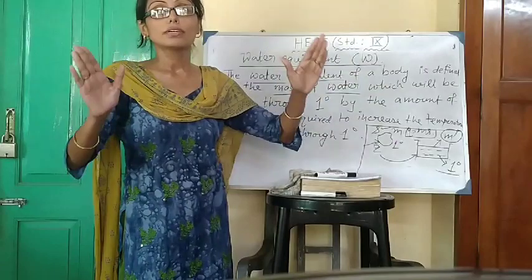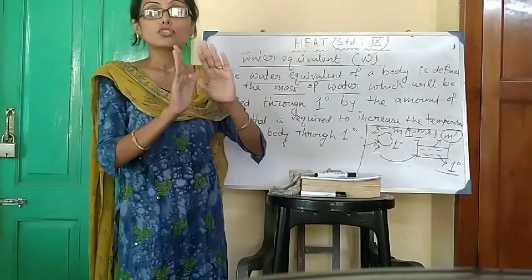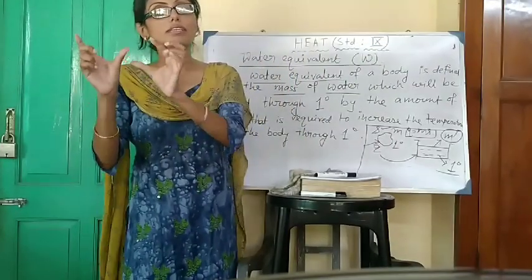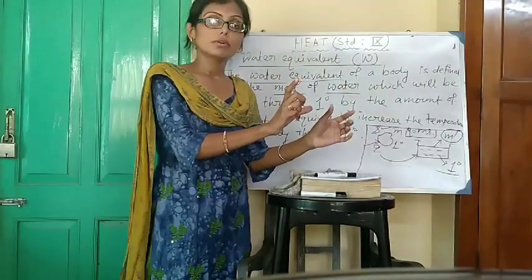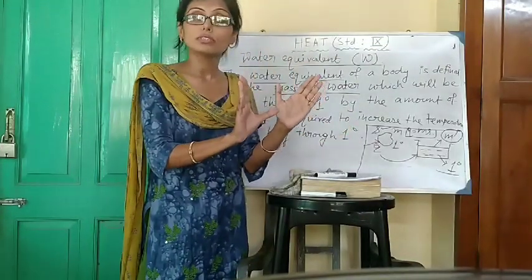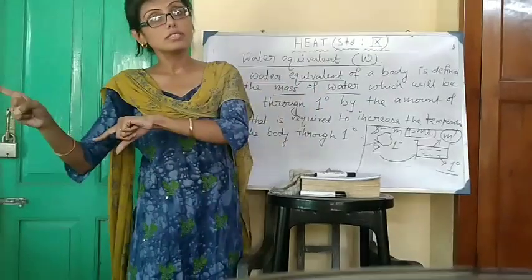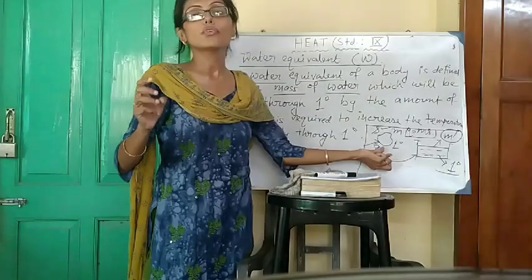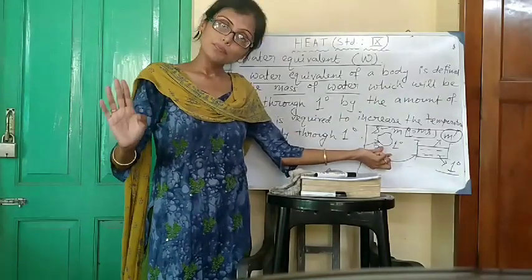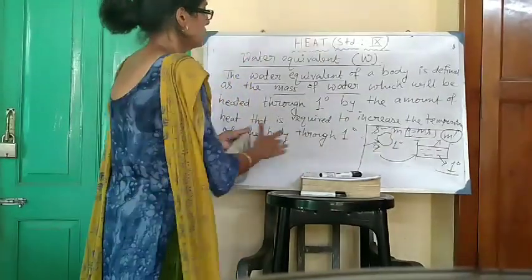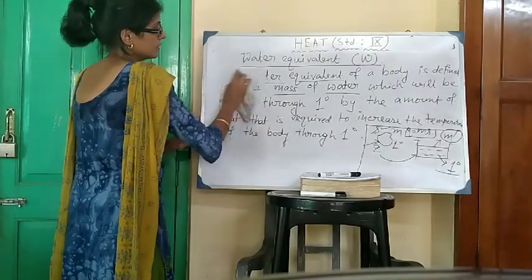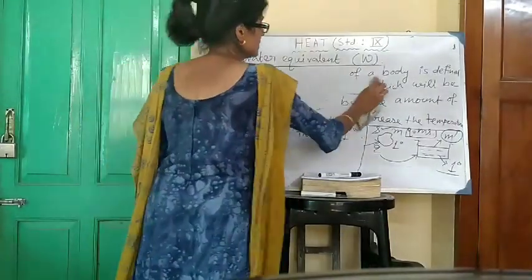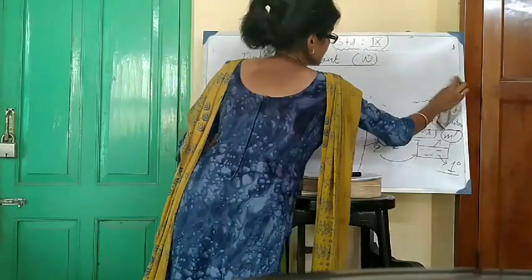That is not the water equivalent of water. That is wrong. Water equivalent of the body. Mass of the water is called the water equivalent of the body. The mass of the body is not the water equivalent. Mass of water is the water equivalent. Water equivalent of what? Water equivalent of the body of arbitrary mass. Clear? Now let us calculate the value and unit of water equivalent in both CGS and SI.